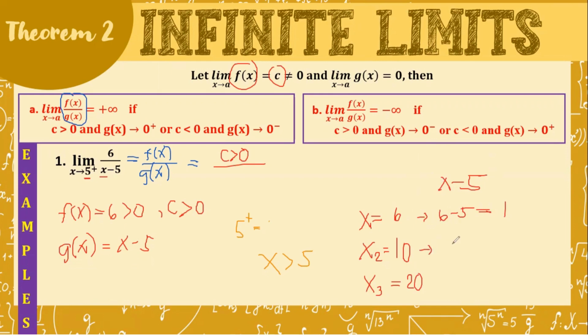Here, kung substitute naman natin, 10 minus 5, the result will become 5. Okay. Next, kung i-substitute naman natin si 20, 20 minus 5 is equal to, okay, 15. Okay, ayan na. Kahit anong number yung i-assume natin na i-substitute dyan, as long as it is greater than 5,